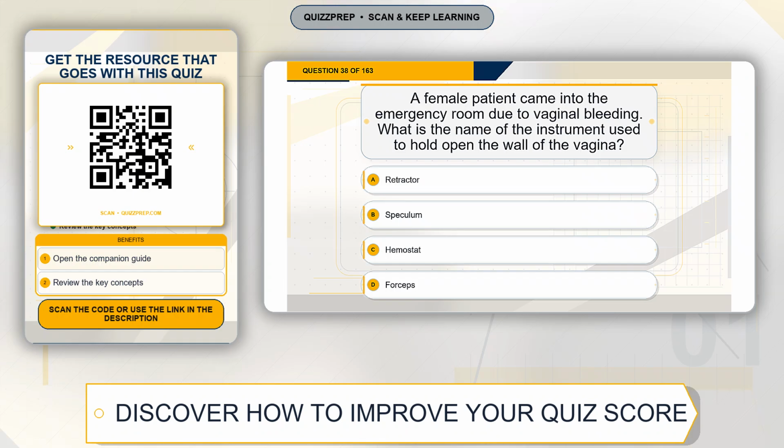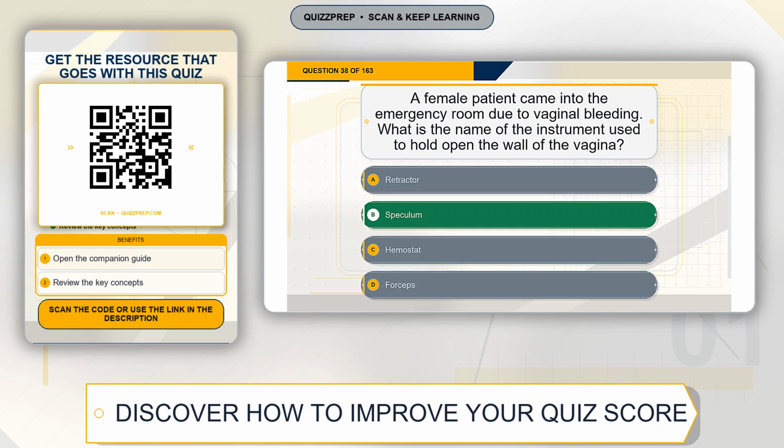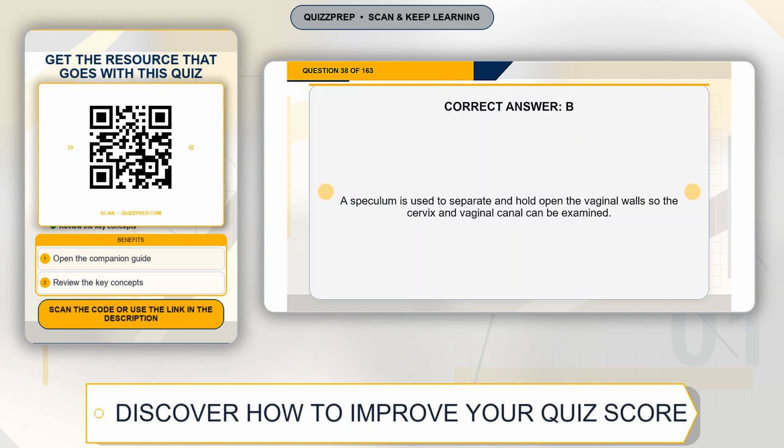Question 38. A female patient came into the emergency room due to vaginal bleeding. What is the name of the instrument used to hold open the wall of the vagina? Option A, retractor. Option B, speculum. Option C, hemostat. Option D, forceps. The correct answer is option B, speculum. Explanation. A speculum is used to separate and hold open the vaginal walls so the cervix and vaginal canal can